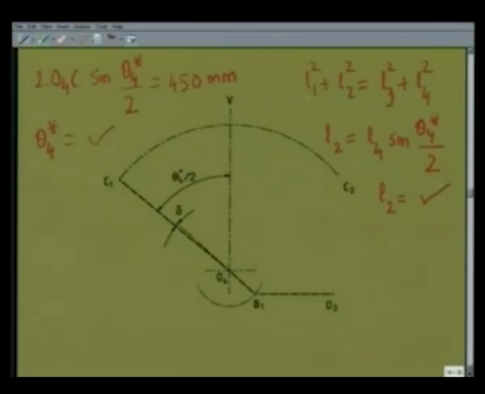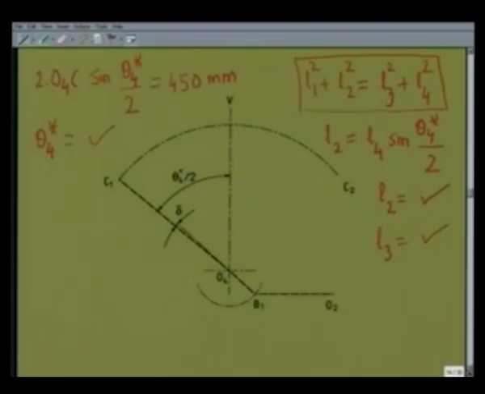L1 has not been changed, L4 has not been changed, L2 we have obtained. So using this relationship for no quick return, I can get the only remaining unknown, that is L3. So we have designed the 4R linkage O2AB O4. To obtain the required value of delta, with the new lengths L2, L3, while L1, L4 were unchanged, I